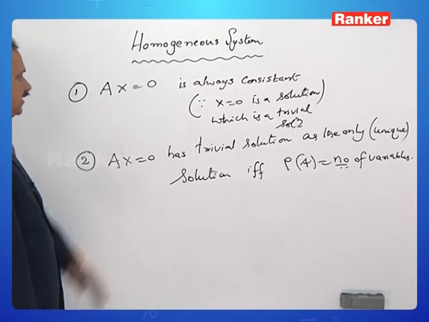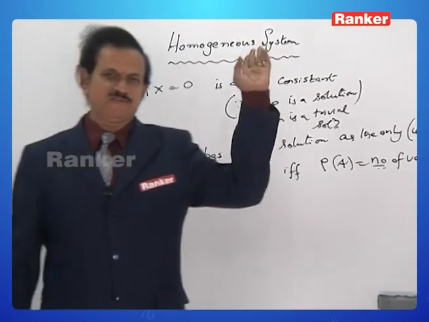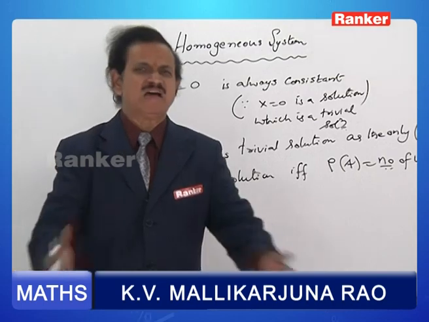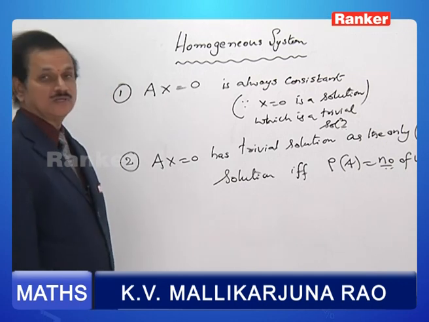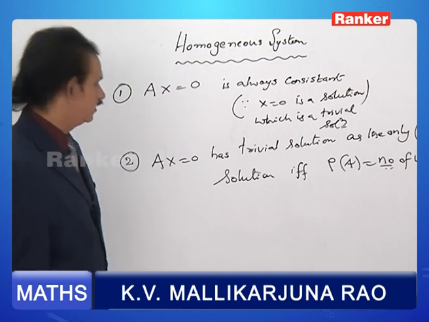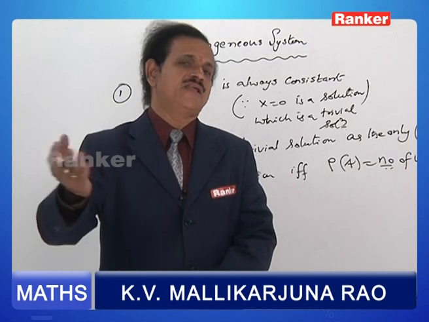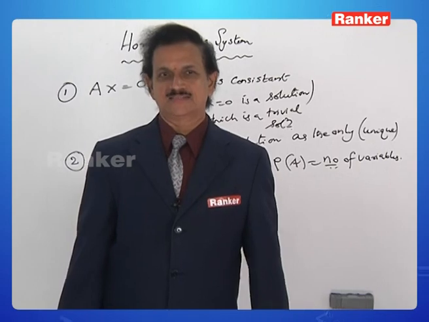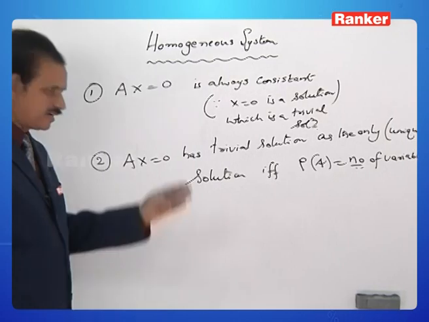The first point is, there is no problem of inconsistency in the case of homogeneous equations. The system is always, by birth, consistent because X equal to 0 is a solution. Of course, that solution we read as trivial solution. The problem is, is it the only solution or is there any other non-zero solution? So two cases arise. AX is equal to 0 has trivial solution as the only solution, that is unique solution,